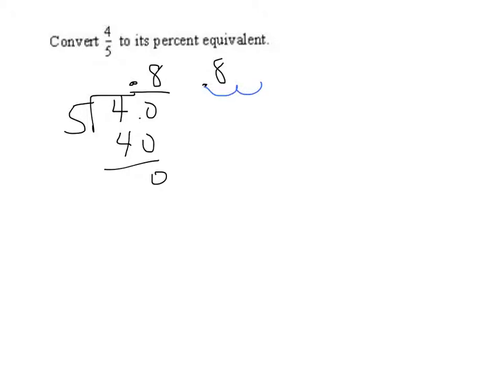Fraction bar means divide, so I'm going to take 4 divided by 5, and I get 0.8. And then if we change 0.8 to a percent, we have to move our decimal 2 places. So it'd be 80%. Okay, the other way we could do this, 4/5